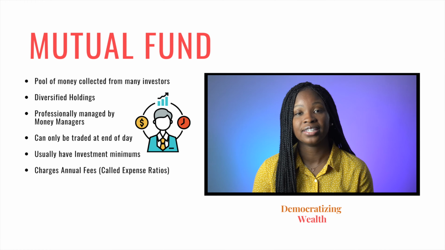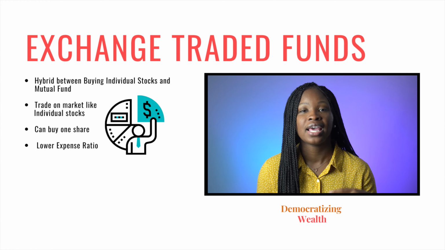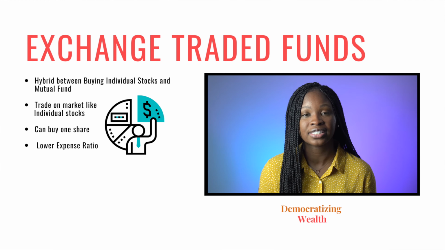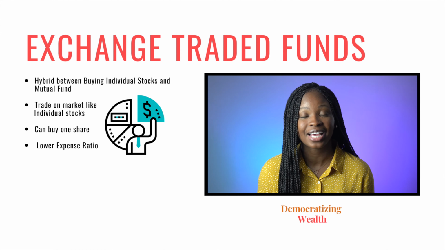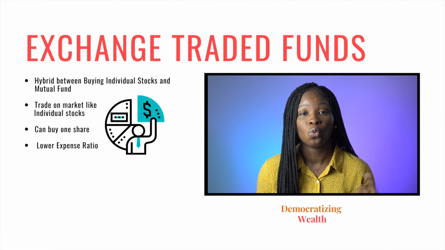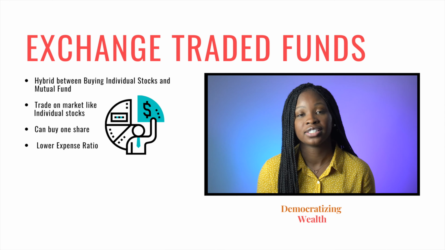to execute that trade. An exchange traded fund or ETF is pretty much a hybrid between mutual funds and individual stocks. Just like mutual funds, it is a basket of stocks, so you instantly get that diversification. But unlike mutual funds and very much like individual stocks, you can actually trade it throughout the day. And because a lot of times ETFs don't have active management, the expense ratios tend to be a lot lower than mutual funds. In addition, with an ETF, you can actually buy one share. So you don't need to have a minimum of $3,000. So if an ETF costs $20, then all you need is the $20.